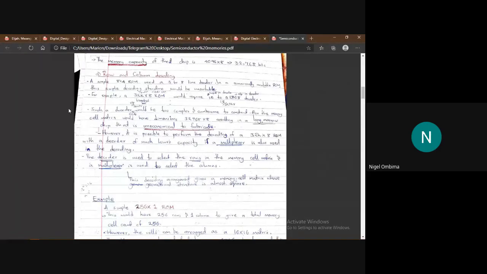In a ROM, data is stored in rows and columns. For example, a simple 8x4 ROM uses data being stored in the ROM, and